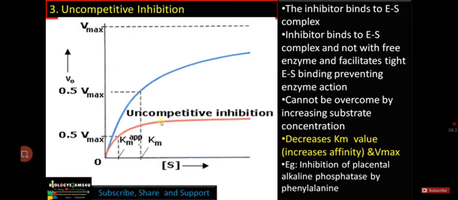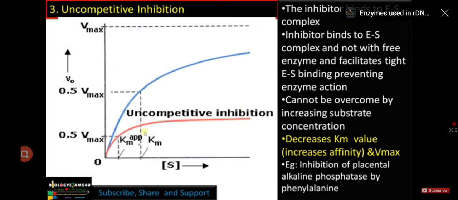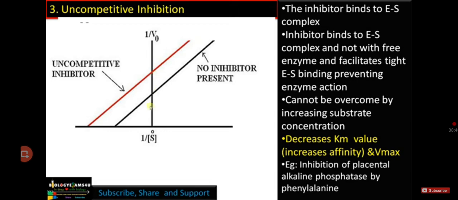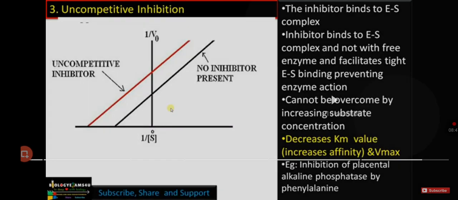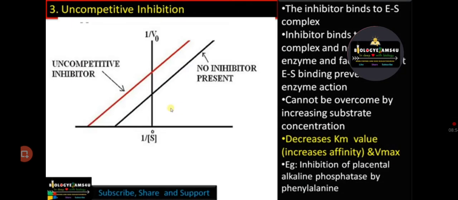As you can see, in uncompetitive inhibition, this blue line is without inhibitor, this red line is with inhibitor. The Vmax has decreased, and the Km value also decreases, so both Km and Vmax are affected. In the case of non-competitive inhibition, Km remains unchanged, whereas Vmax decreases. The affinity of enzyme